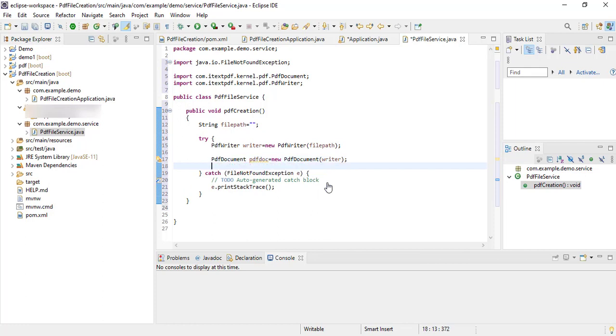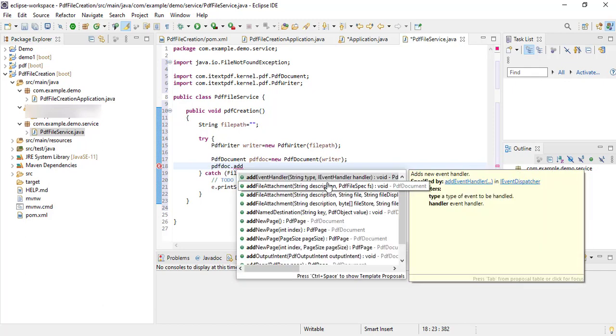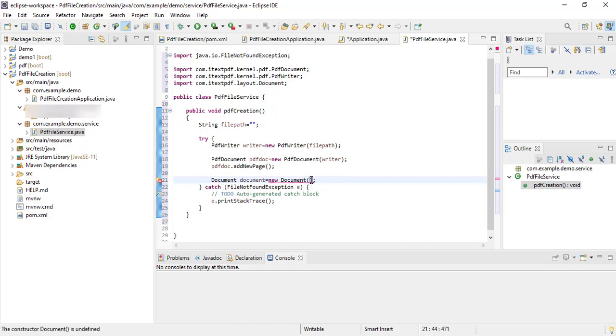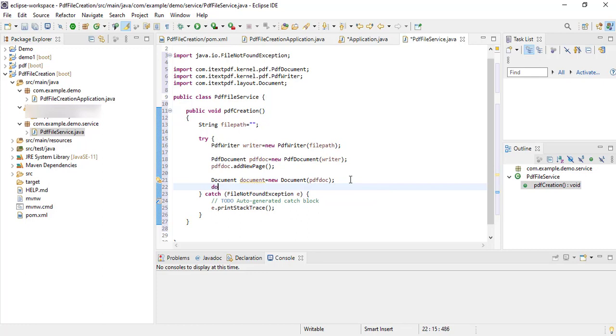Then, using this PDF document reference, I need to add the new page for our PDF. After that, I need to create the document object. Inside this document, I need to send this PDF doc as a parameter. After that, I need to close the document.